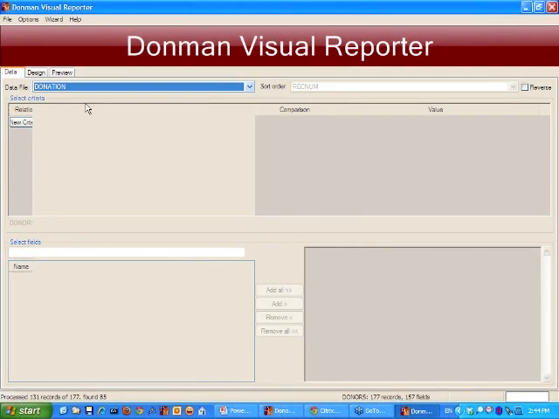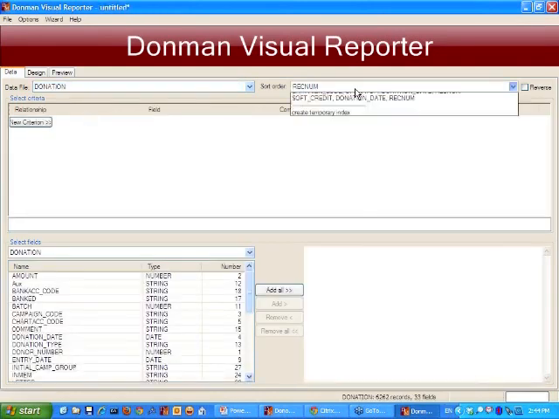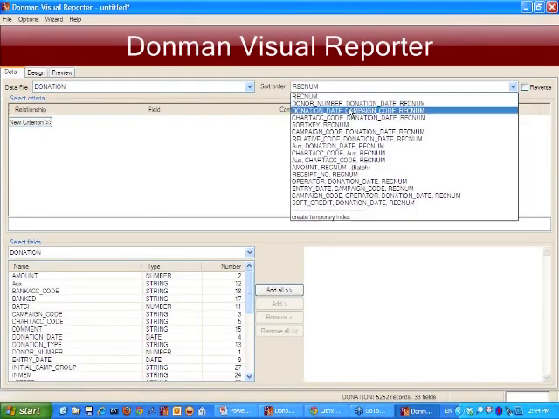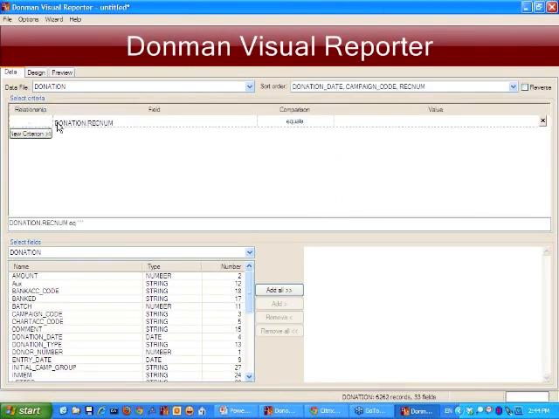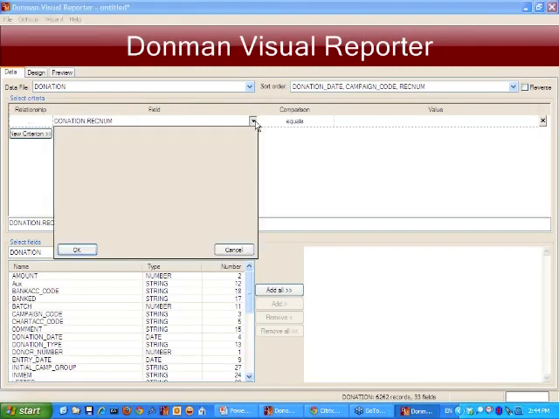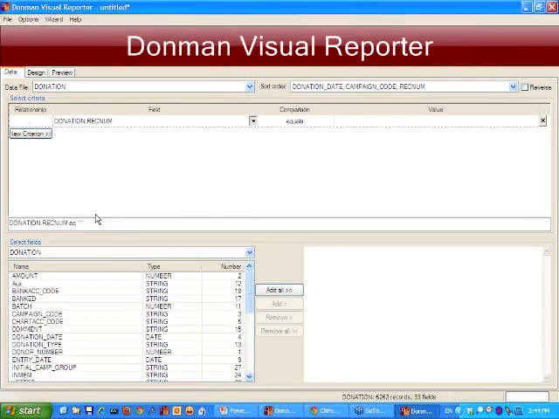So let's pick donation. Let's do this in donation date order, and let's pick all donations from last month. So my criterion, I'm going to pick donation date. I'm going to say it's greater than or equal to, and in here I can put in the 1st of the 9th,